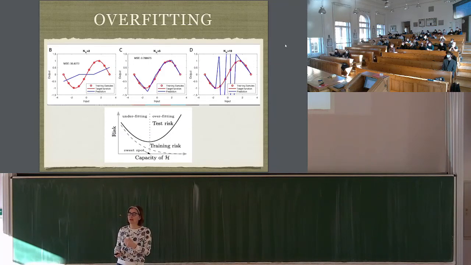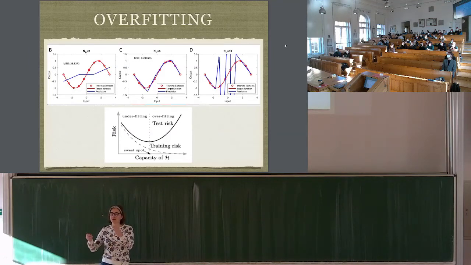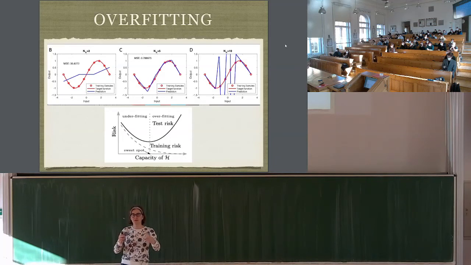And if I allow 10 bends, and in this case I have 10 points, then okay, I can go through every point, but then you see out of the points I'm doing really bad. So that is a very basic concept that we teach in the first, second class of data science to students. It's called overfitting. You should not have too many parameters, otherwise there is some sweet spot in between. You don't want to have too few parameters, not too many. Somewhere in between is the sweet spot of the degree of the polynomial or the number of parameters that you use. It's called the bias-variance trade-off in data science.